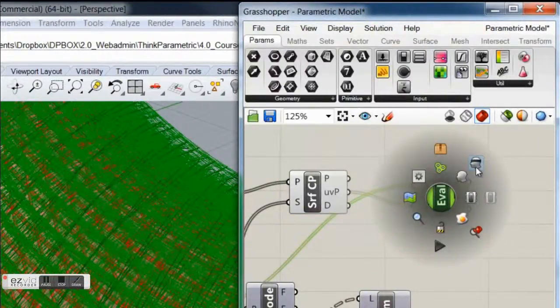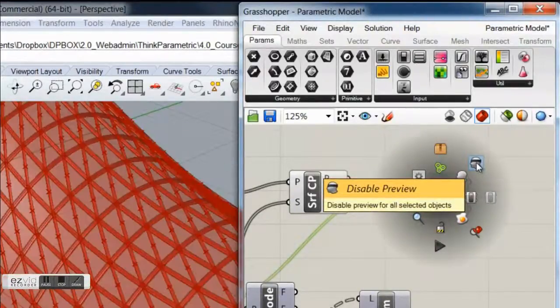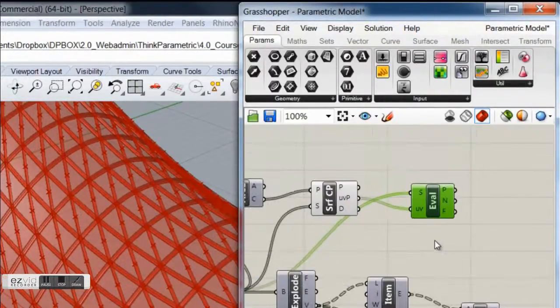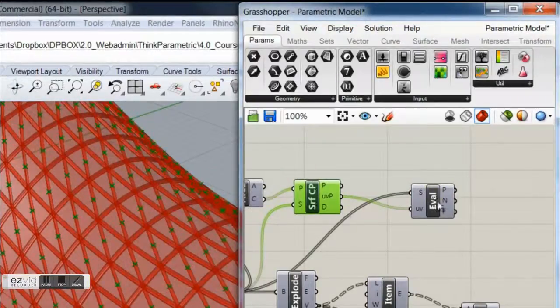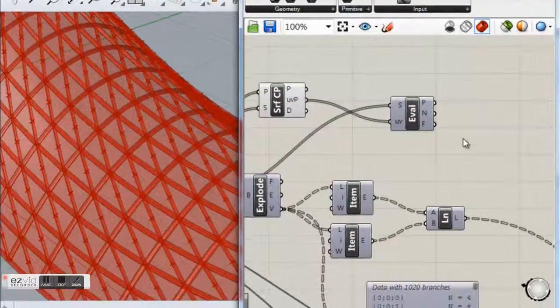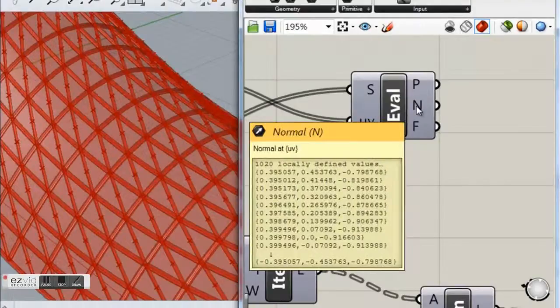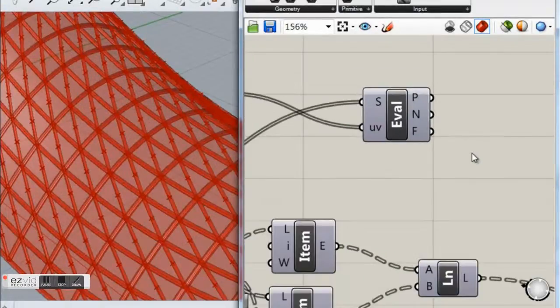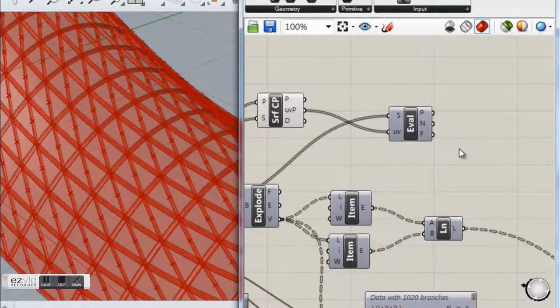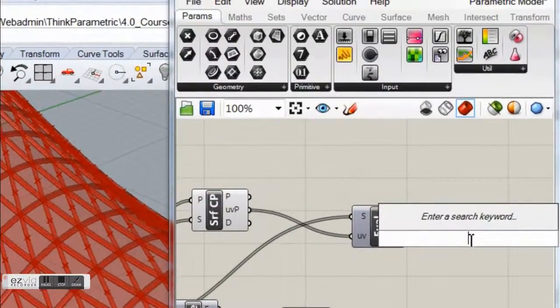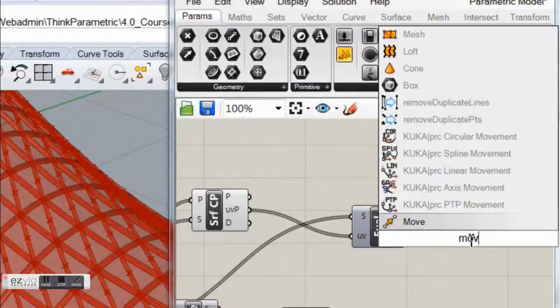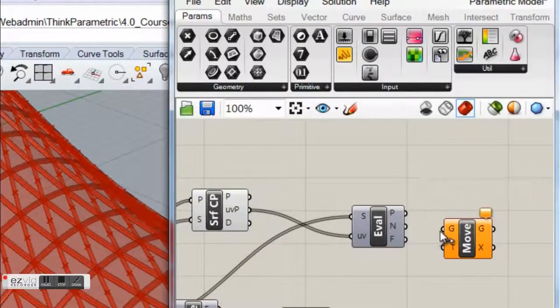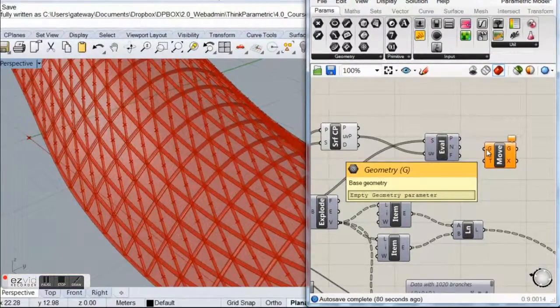Okay, I'm going to hide this preview. Okay, so now I have under this output the normal of each one of my subsurfaces, which is the direction in which I want to move each of my panels. Sorry. So what I'm gonna do next is to call a move component,